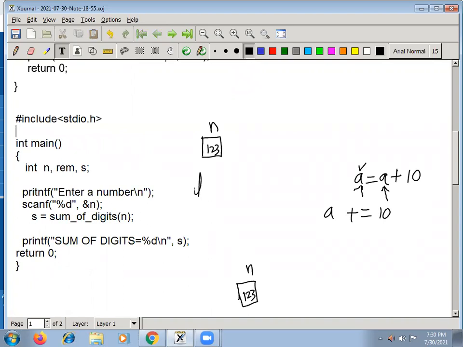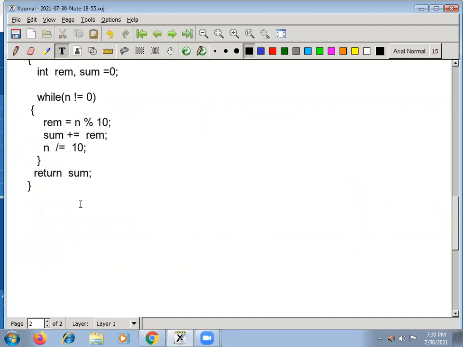That means you should declare. Yesterday I told you, if you don't declare, what happens with the compiler? By the time it reaches the call, the compiler should know information about this function. That's why you are giving this information. You copy the header as it is and end with a semicolon. This becomes the prototype or function declaration. Then your compiler won't give any error. Clear?